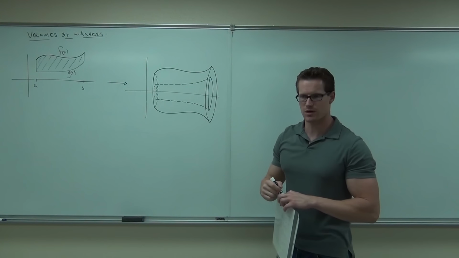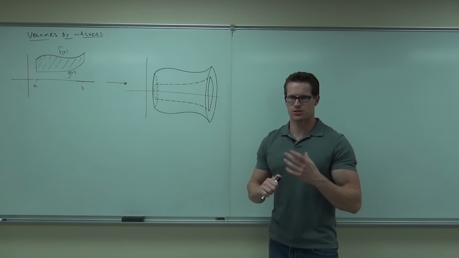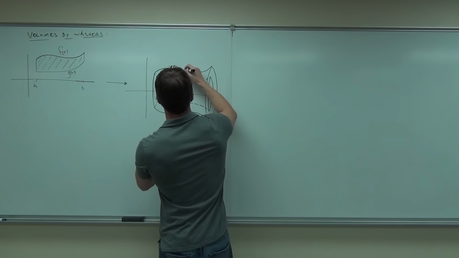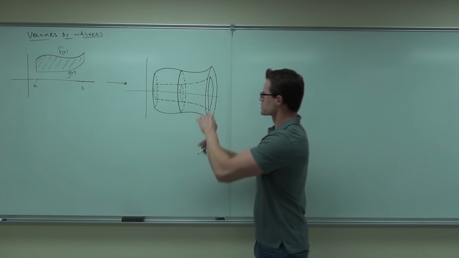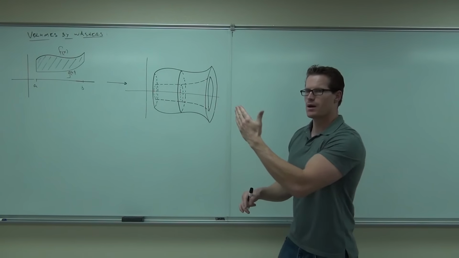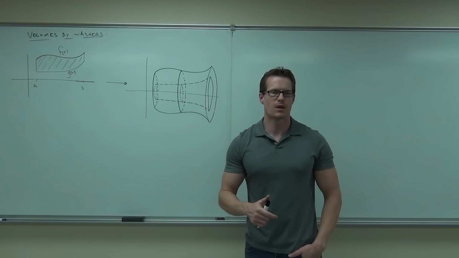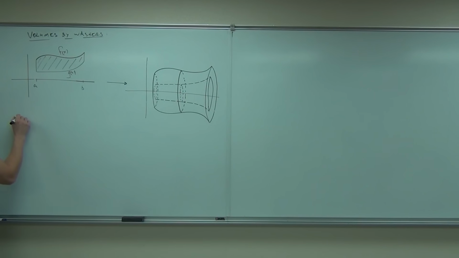Let's think about what's going on here. First thing that I want to talk about: is the cross-section still a circle? Sure. Still circular in nature. If I take a cross-section, bam. But let's think about this for a second. If it's circular in nature, then this should work for us. The volume should still be